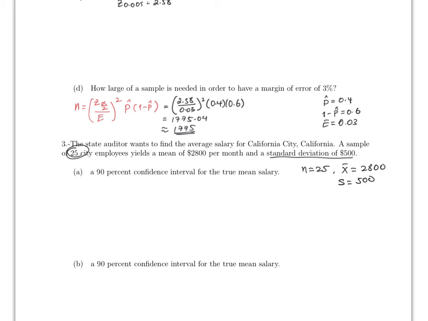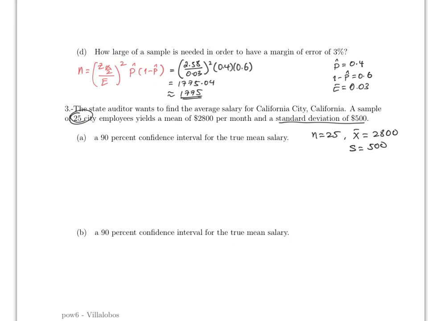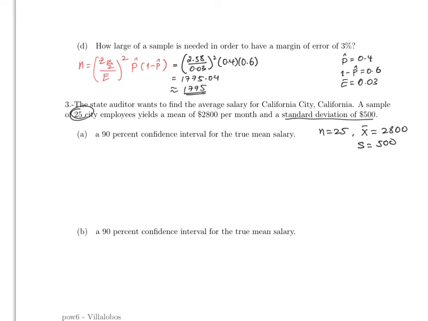Why do we use S on this question instead of sigma, Professor? Oh, because this is not normal, you cannot assume that this is a normal distribution unless n is more than 30. So that's why you go with the sample standard deviation. But like I said, the formula is not going to change if you use either one, because